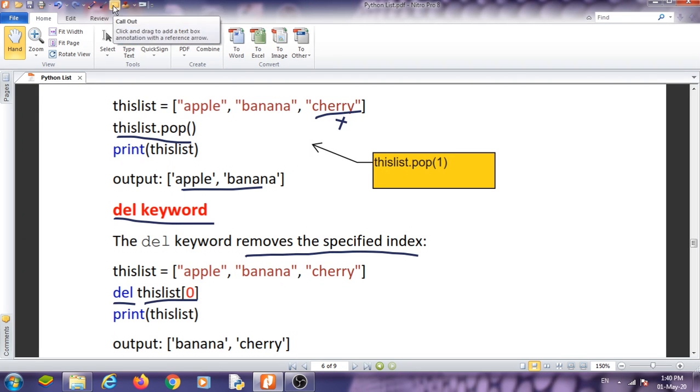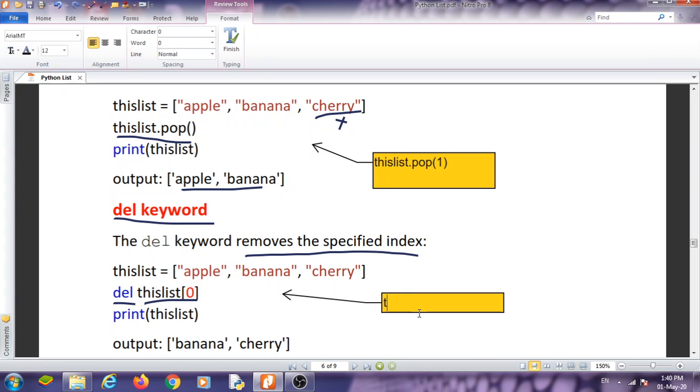And here we can also write it like this: del this list, and we can pass, suppose, 1:3. Now what will happen?